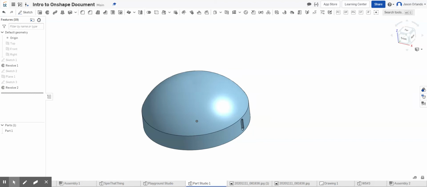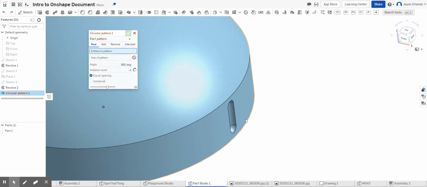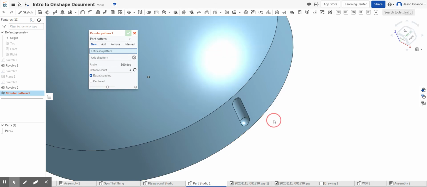Welcome to Onshape, where we're going to use the circular pattern tool in 3D mode. So here in our toolbar, we've got our pattern tools: linear, circular, curve. It probably defaults to this linear one, and you're going to have to change that little drop down to the circular pattern. So I've got this shape I created and did a little remove, kind of like a slot shape,